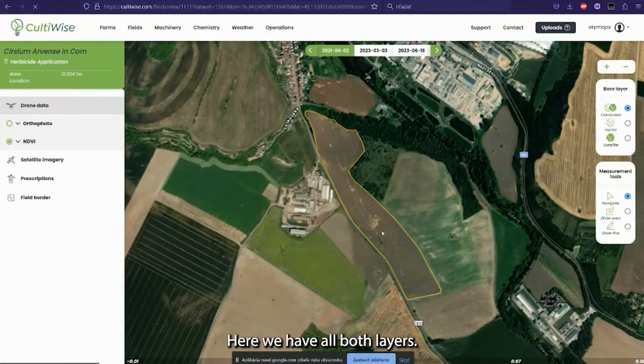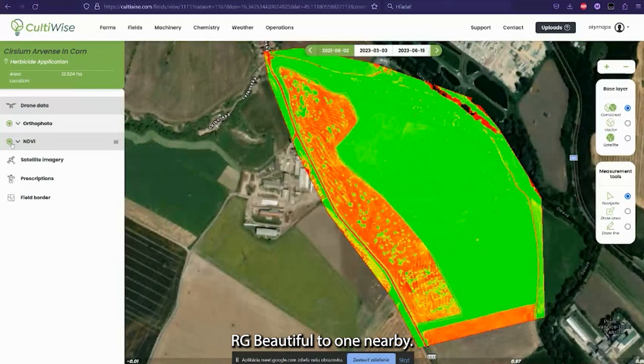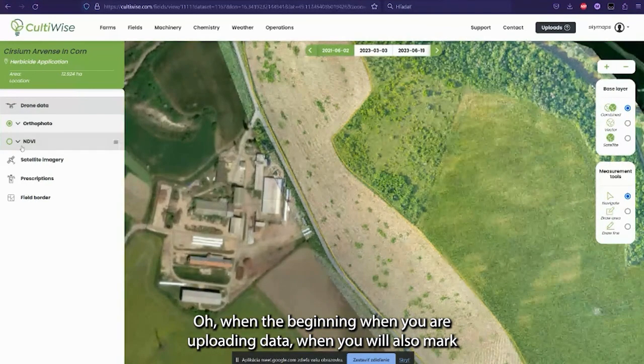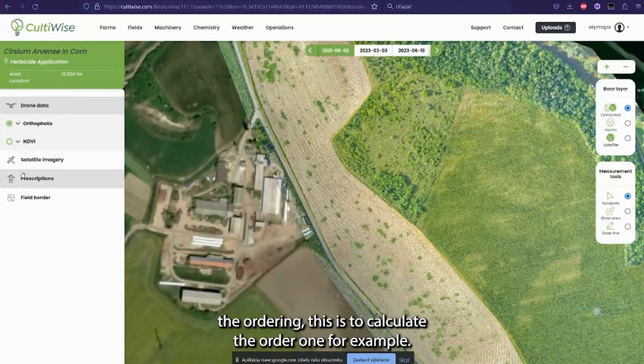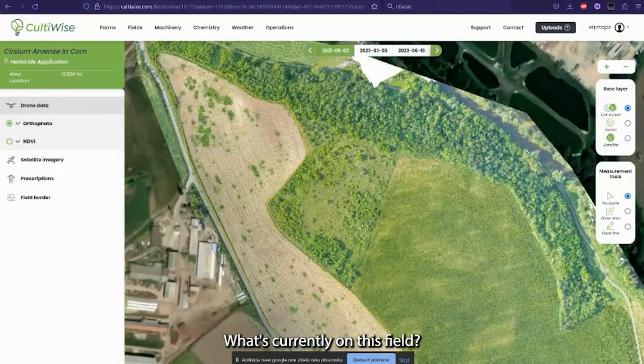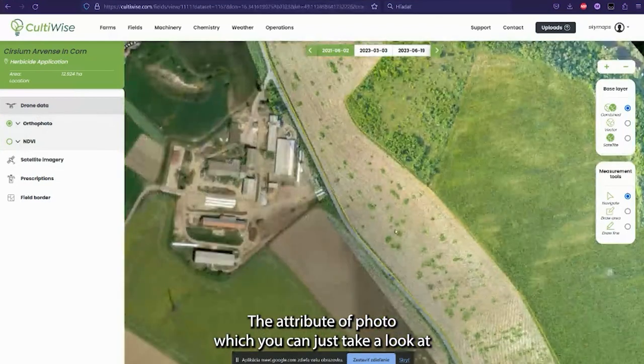Okay, here we have both layers, the RGB orthophoto and NDVI. When you're uploading data at the beginning, you can also mark other indices to calculate, for example AVI, and it will also be shown over there. But currently on this field, we have just these two layers, the RGB orthophoto, which you can